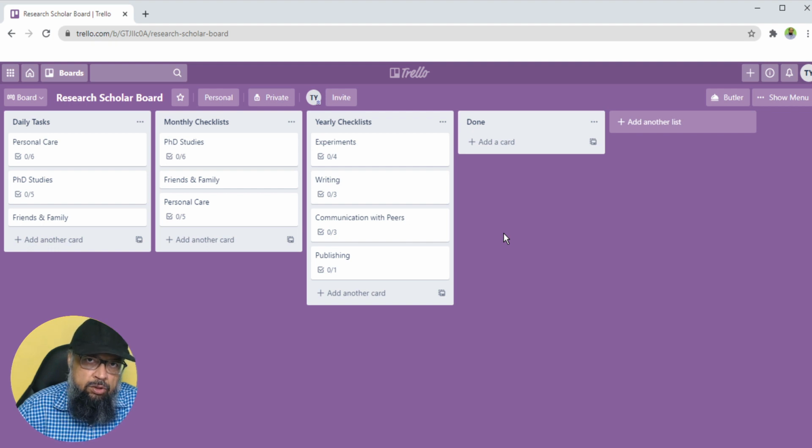which is called Habit Tracker. And the idea here is that we will first identify a few tasks which we should include in our daily, monthly or yearly routines or checklists, and then the Trello application will present these tasks to us at a specific time.